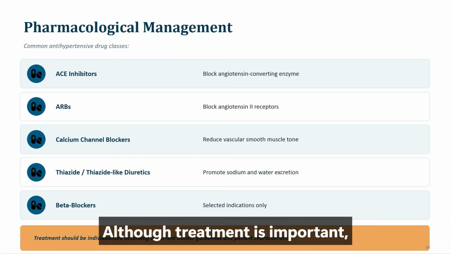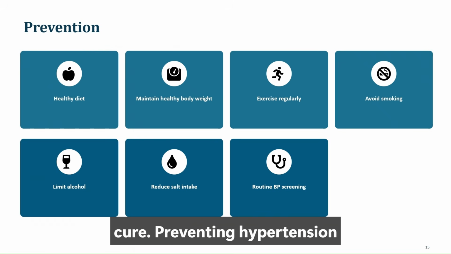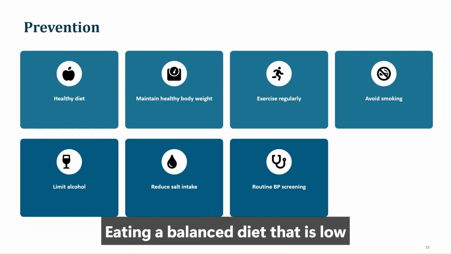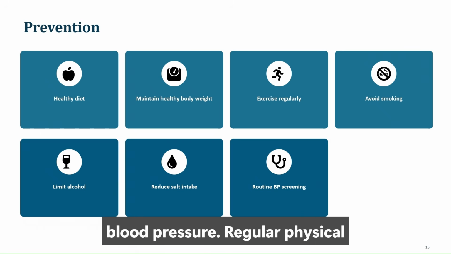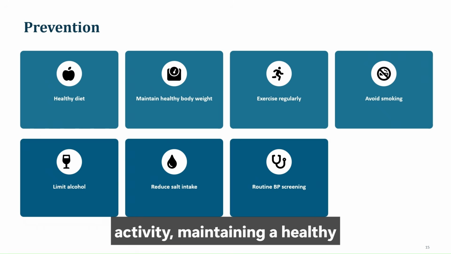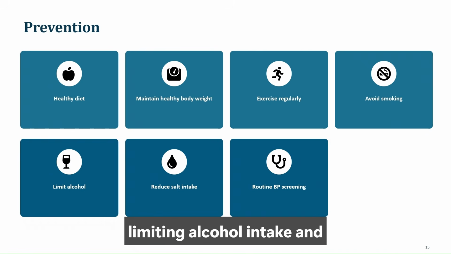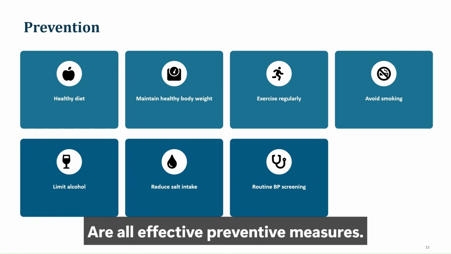Although treatment is important, prevention is always better than cure. Preventing hypertension starts with adopting a healthy lifestyle early in life. Eating a balanced diet that is low in salt and rich in fruits and vegetables helps to maintain healthy blood pressure. Regular physical activity, maintaining a healthy body weight, avoiding smoking, limiting alcohol intake, and managing stress are all effective